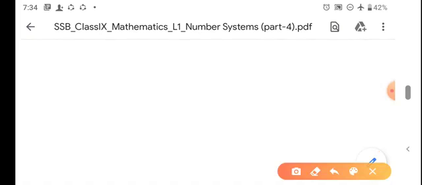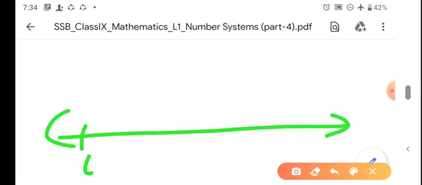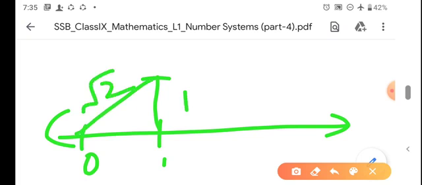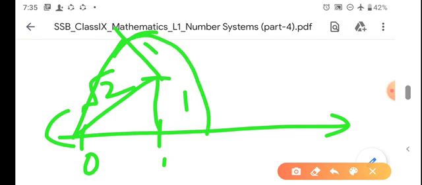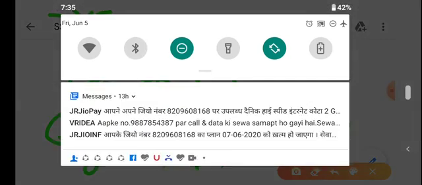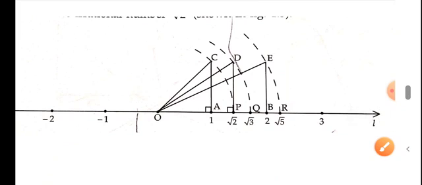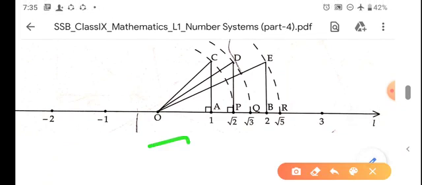Suppose this is 0, this is 1. Firstly you prepare by cutting 1, root 2, then by making an angle of 90 degrees, this is 1 centimeter, again you will prepare root 3. Then again you make an angle of 90 degrees, and you get root 4, then again a 90 degree angle, and you will get root 5. So you will follow this procedure and you will get your square root spiral. Proceed this at least 7 times.